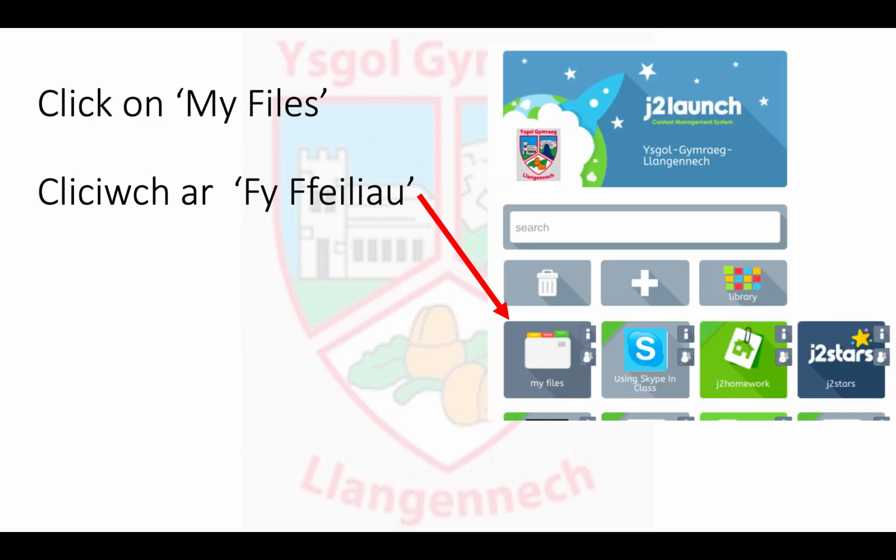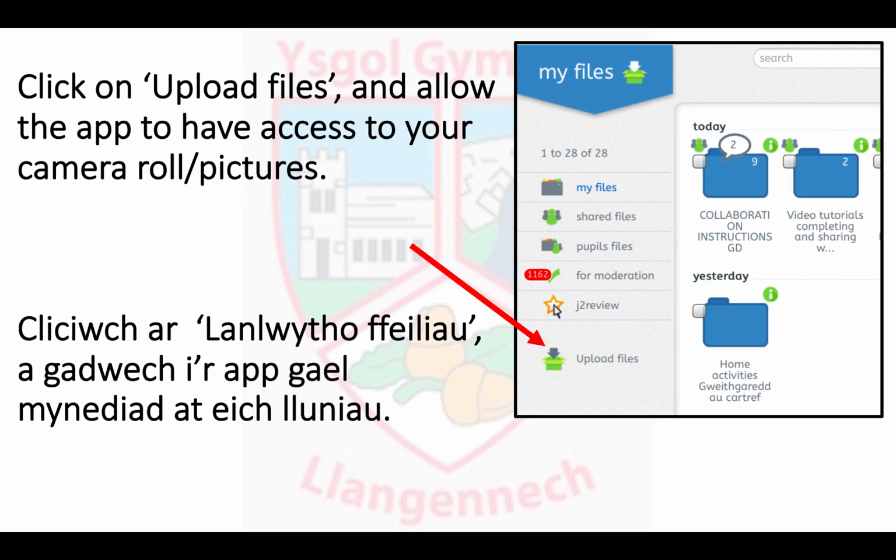Once in, click on My Files. Within My Files, you'll then need to click on Upload Files and allow the app to have access to your camera roll or pictures. Click on Upload, select the picture or video that you'd like to upload, and give the app time to upload the video. Once that's done,